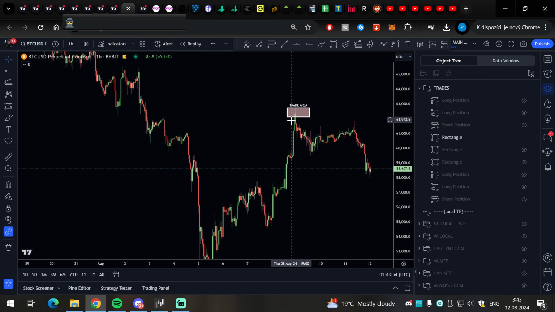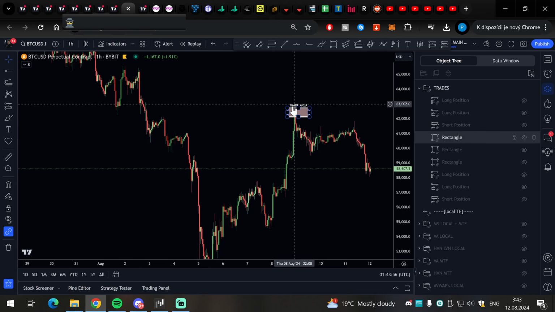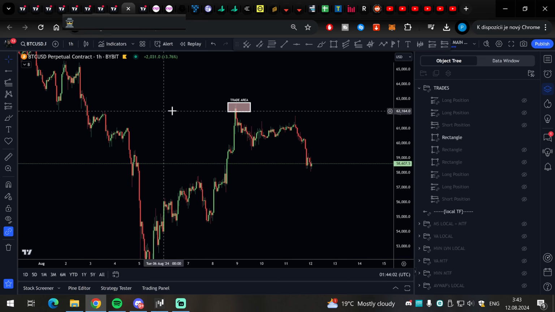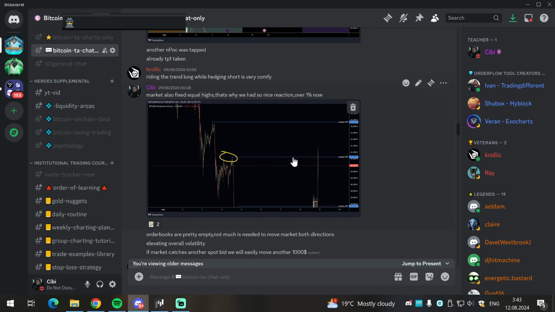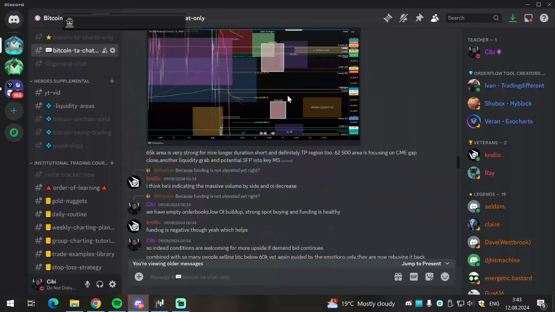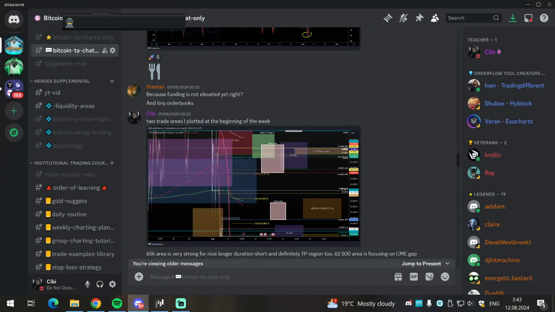It moved there exhaustively, but now we can discuss why this trade area was so important, why you are seeing the first change of structure and a much deeper pullback here. Okay, we can actually go with my posts if we want to look at that. So the trade area is prepared. This was